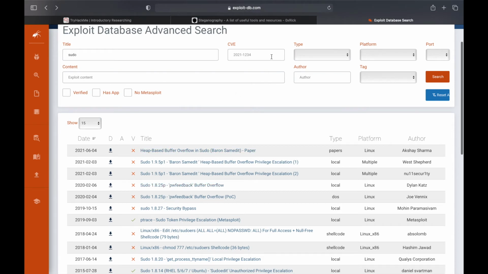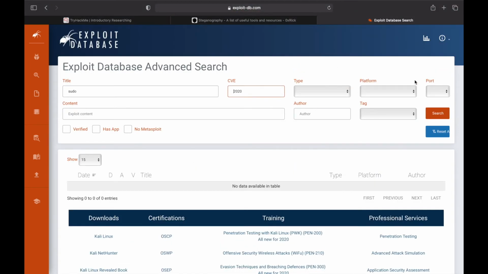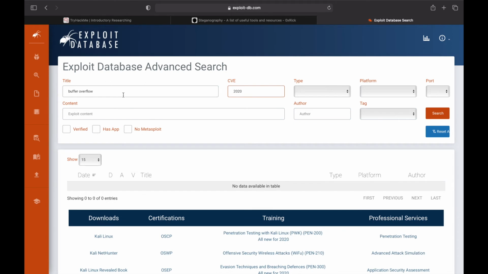They have sudo, but why is 2020 not working? Okay, let's search for buffer overflow. Maybe this will give an answer. No, not yet. Sudo at least. I don't know why it's not coming.